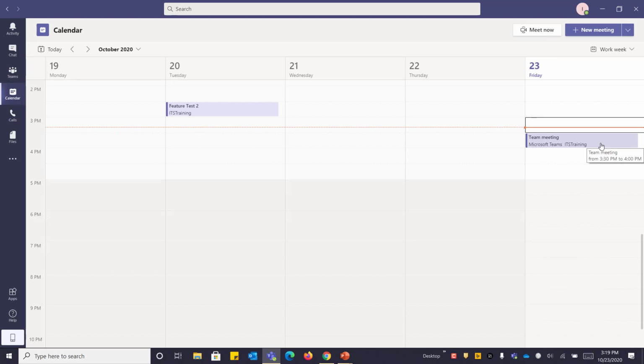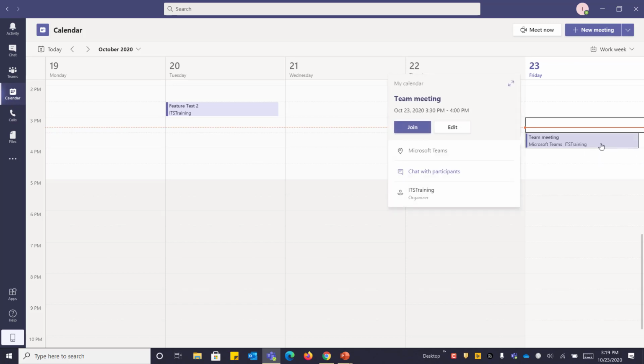Now, to quickly take a look at it, we're going to go ahead and select the meeting. As you can see, your calendar is also where you join meetings from. So whenever your meeting time approaches, just switch to your calendar and click Join Meeting. A lot of times when the time gets really close to your meeting, the Join button will appear right on the actual event on the calendar without you having to select it. Now, if we want to edit this, we're going to go ahead and click Edit.